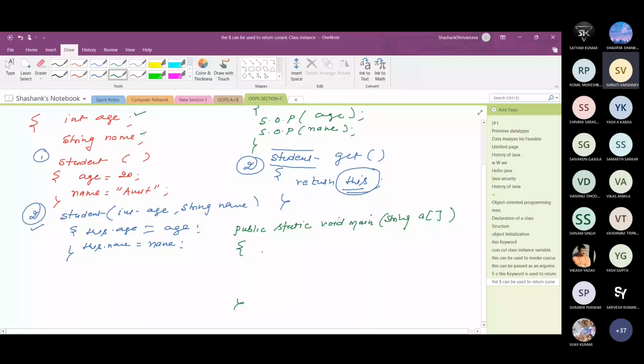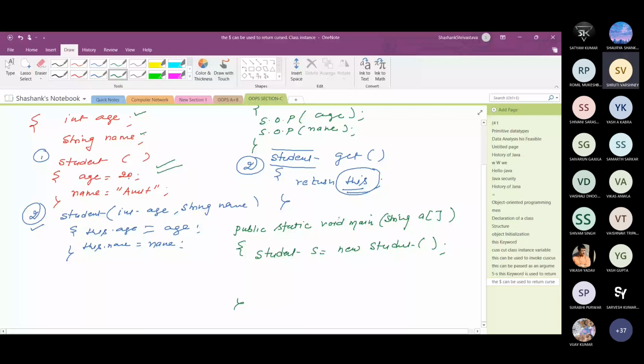If I create a student object like this, student s equal to new student, which particular constructor is called? Obviously the first constructor is called, which is written in red color. And if this constructor is called, age and name are initialized by the values 20 and Amit.